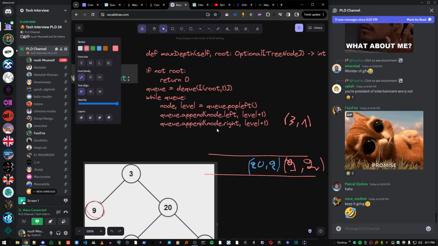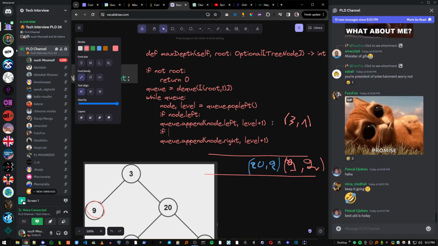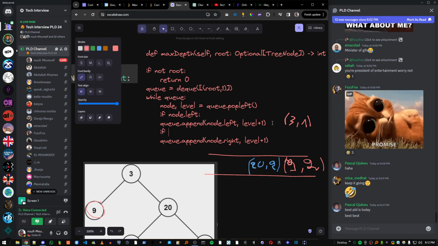Yep. But we probably need to check if node right exists. Yeah, I was gonna ask that. Do we not check existence before we access? So if node left exists, because we don't want to add something to the queue that doesn't exist, or in that case the while loop is gonna keep looping. If node right exists,